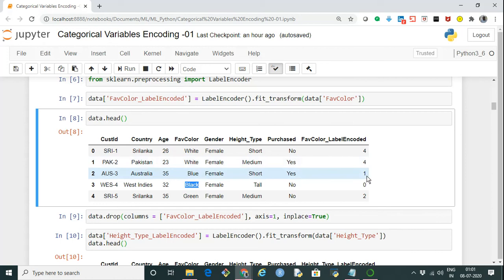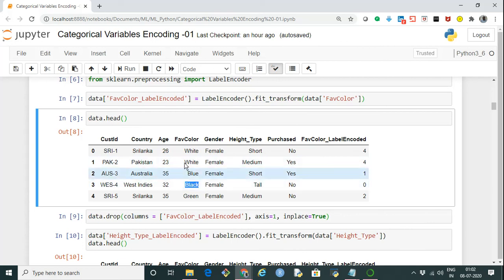Whereas in actuality these were just colors, and we cannot say that white color is more impactful compared to blue color, because there is no relationship defined as such that this is more important than the other one.